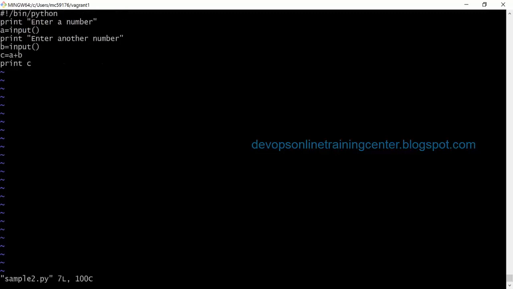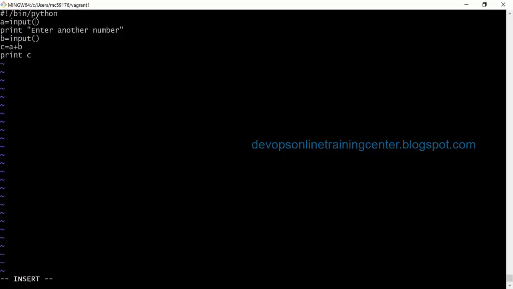So we just printed something, enter a number, and we are using a function called input. So this input will take input from the user, and whatever the user enters, it will assign the value to a variable called a. So a is a variable that stores the value which the user enters from the keyboard, right? Or we can also write like this: a is equal to input, enter a number.